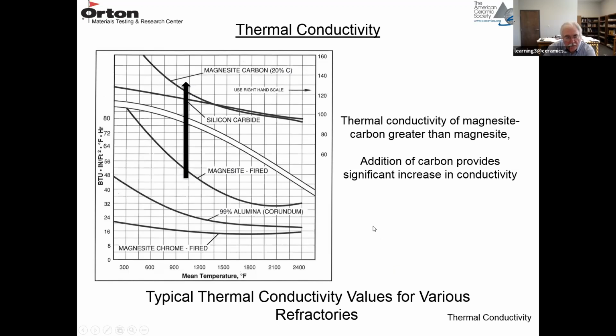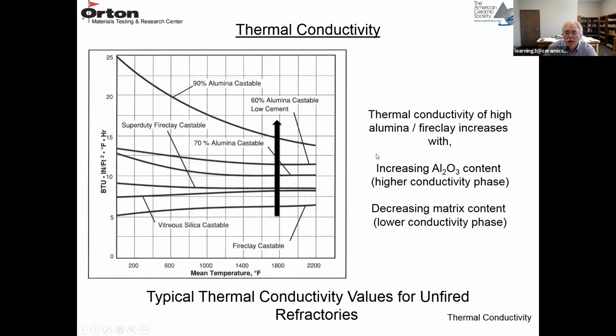And that's important for a lot of applications where you want to control corrosion by adding a non-wetting carbon as the matrix, and you want to increase the thermal conductivity to decrease the thermal shock. So MgO carbon is much higher than MgO. And another one here, the thermal conductivity of high alumina fire clay increases with increasing alumina content because it's